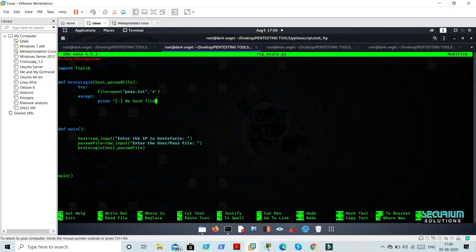No such file. Okay. Sorry for that. No such file. Then what I'll do, I'll just add a simple for loop in here for each line,